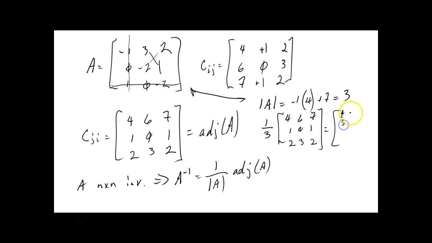4/3, 2, 7/3, 1/3, 0, 1/3, 2/3, 1, 2/3. There's your inverse of that matrix A. Okay? 4/3, 2, 7/3, 1/3, 0, 1/3, 2/3, 1, 2/3. Okay? Now,